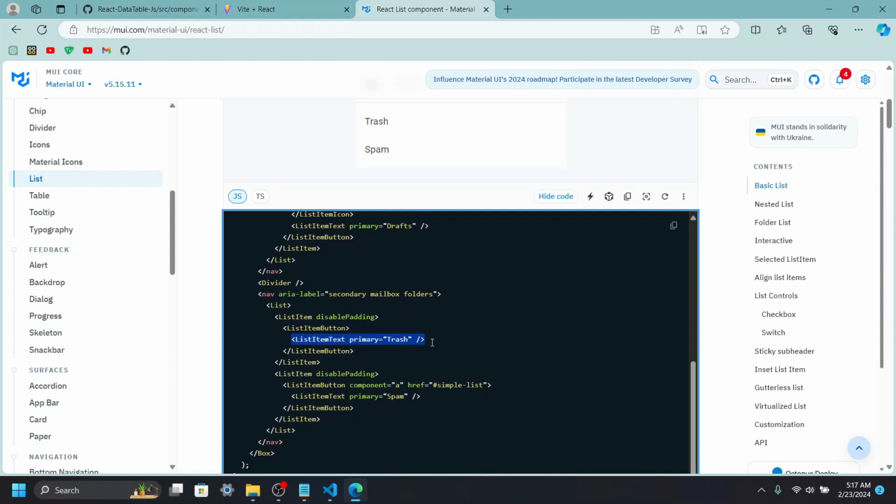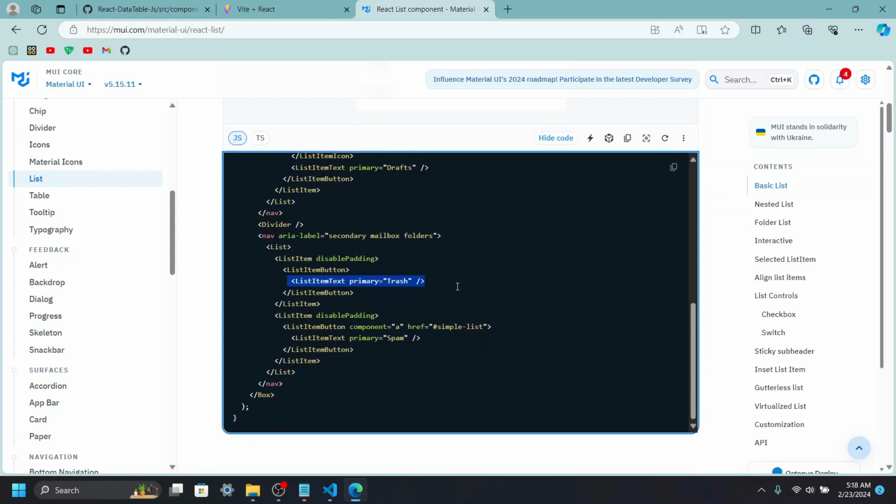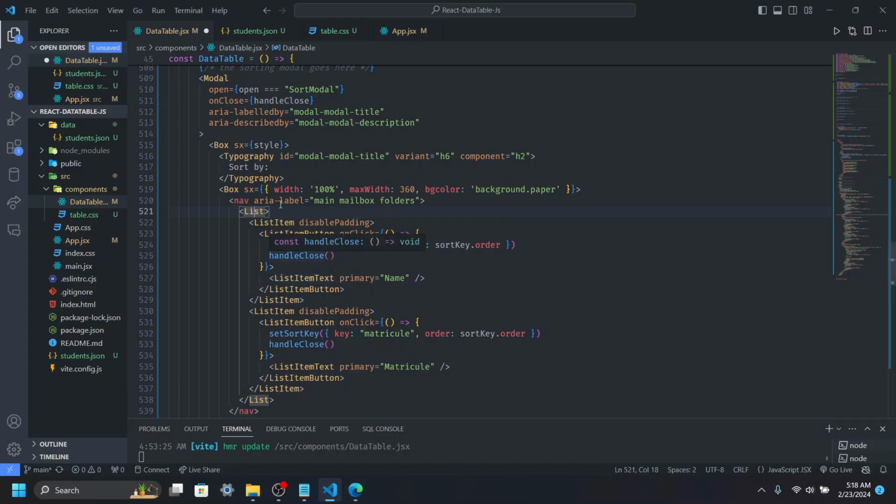And this is actually how our own modal is going to look. It's simply a modal which contains a list with list items and list item buttons, because we want the items of the list to be clickable. So there are going to be list item buttons with list item text, no icons, just text. And when we click on the list item button, we want to perform an action, and that action is actually going to be to set the state of our sort key. So I'm going to return to our code,